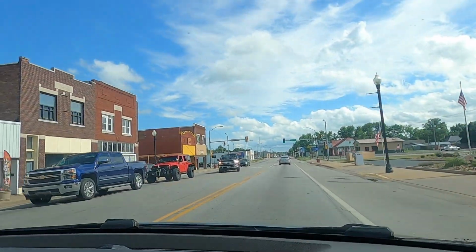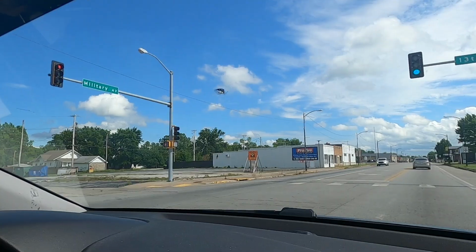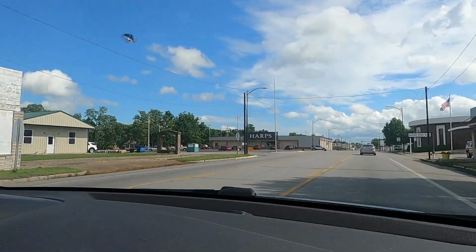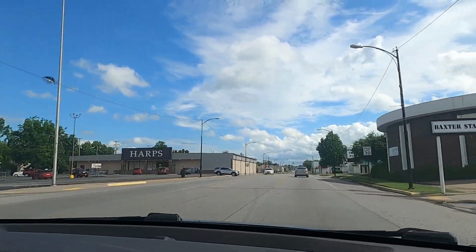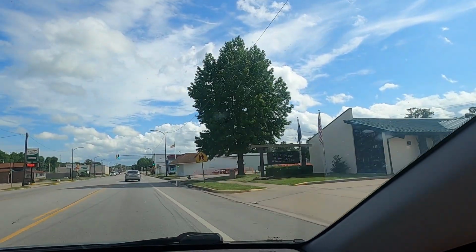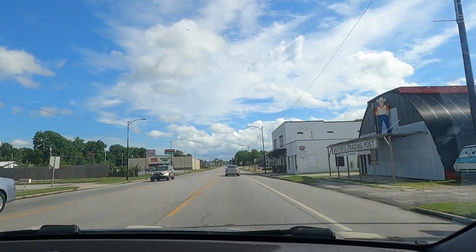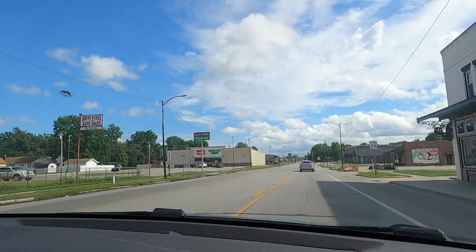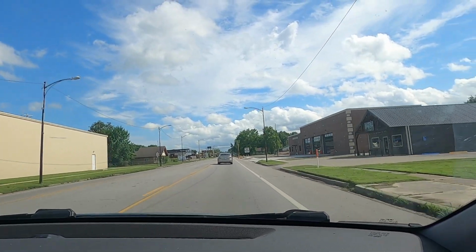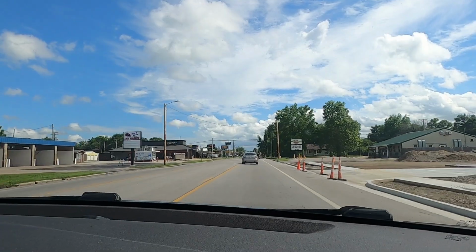And I think that's about it here, but there's one more little landmark down here before we stop recording in Baxter Springs that we got to see. And it's not Harps, but there's Harps grocery store. Baxter Springs Bank, Baxter State Bank, Star Lube. Okay, there's the Family Dollar $1.25 tree. That's not what we're looking for. They do have a dine-in Pizza Hut, and they're getting harder and harder to find. That's where we should have ate. We should have ate some Pizza Hut. But dine-in Pizza Hut,